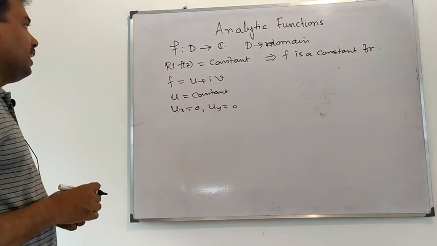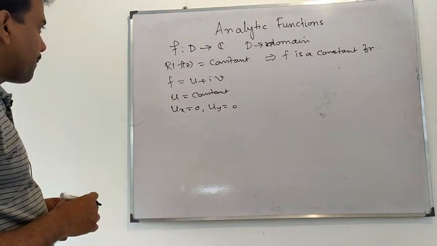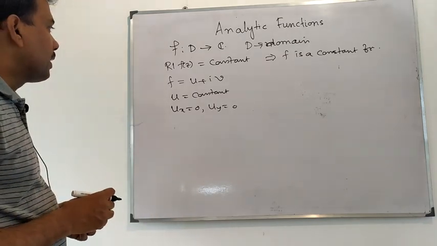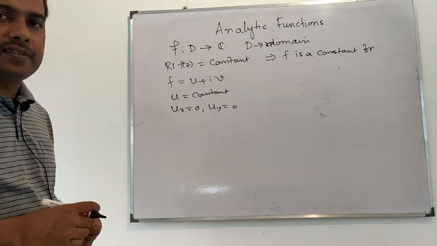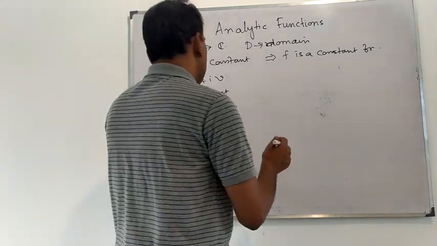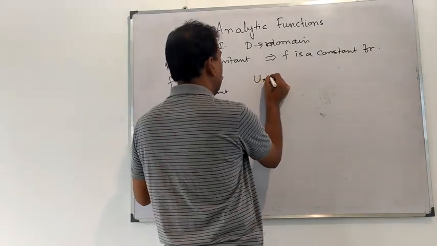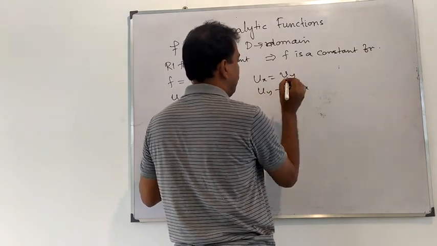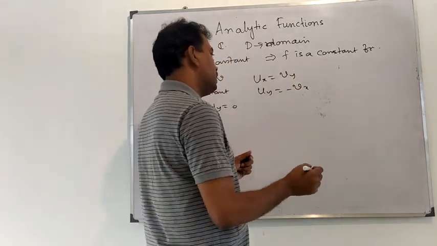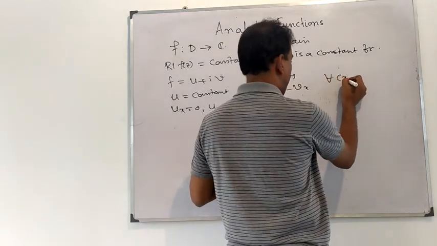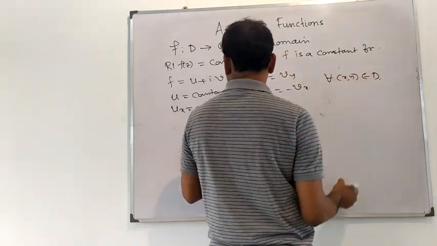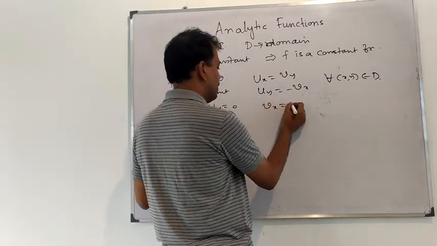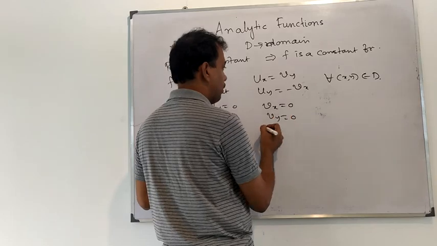Since f is analytic on D, that is, f is differentiable at each point on D, u, v satisfy the Cauchy-Riemann equations. So u_x equal to v_y and u_y equal to minus v_x for all (x, y) belonging to D. Since u_x equal to u_y equal to 0, v_x equal to 0, v_y equal to 0 for all (x, y)